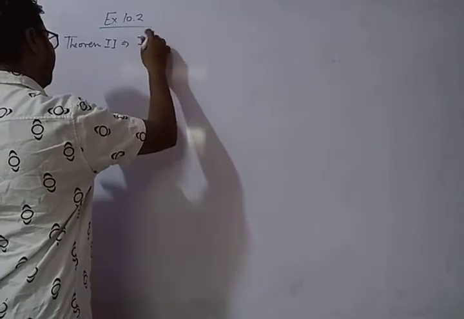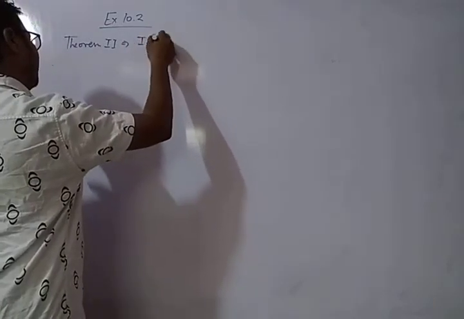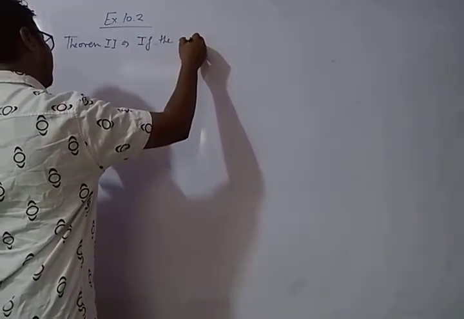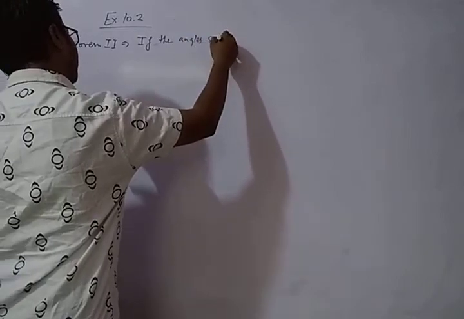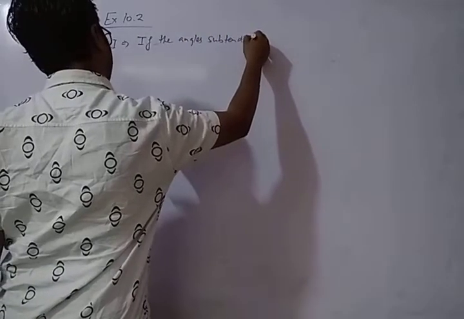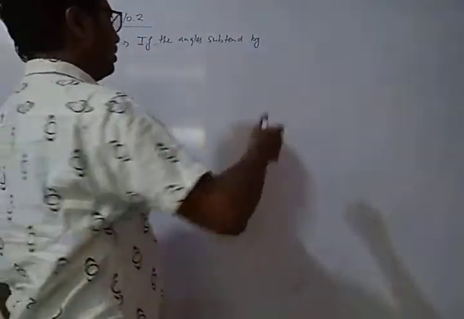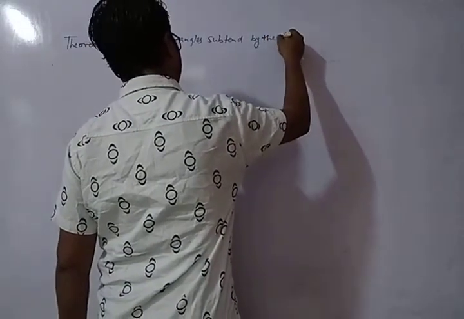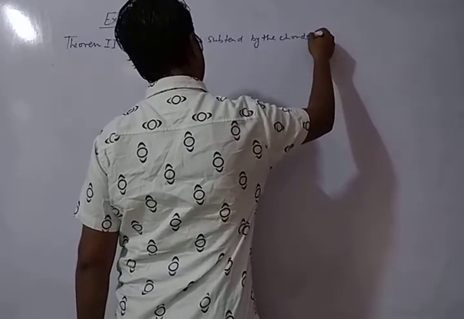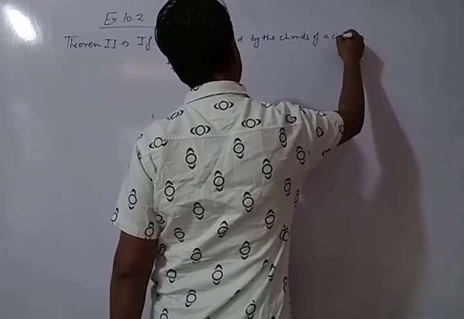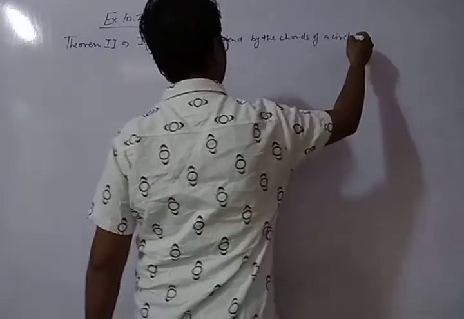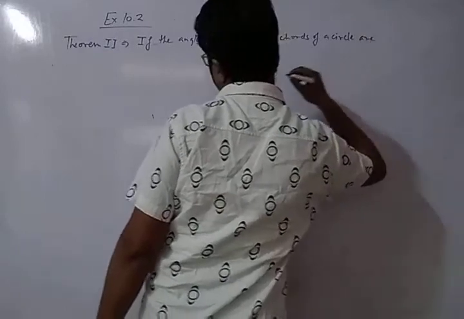It says that if the angles subtended by the chords of a circle are equal in measure,